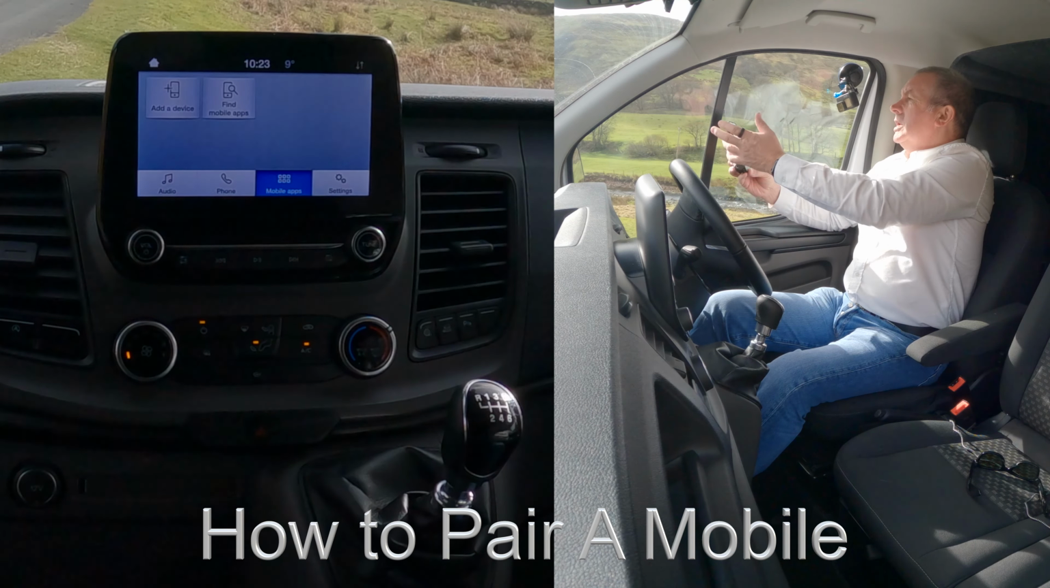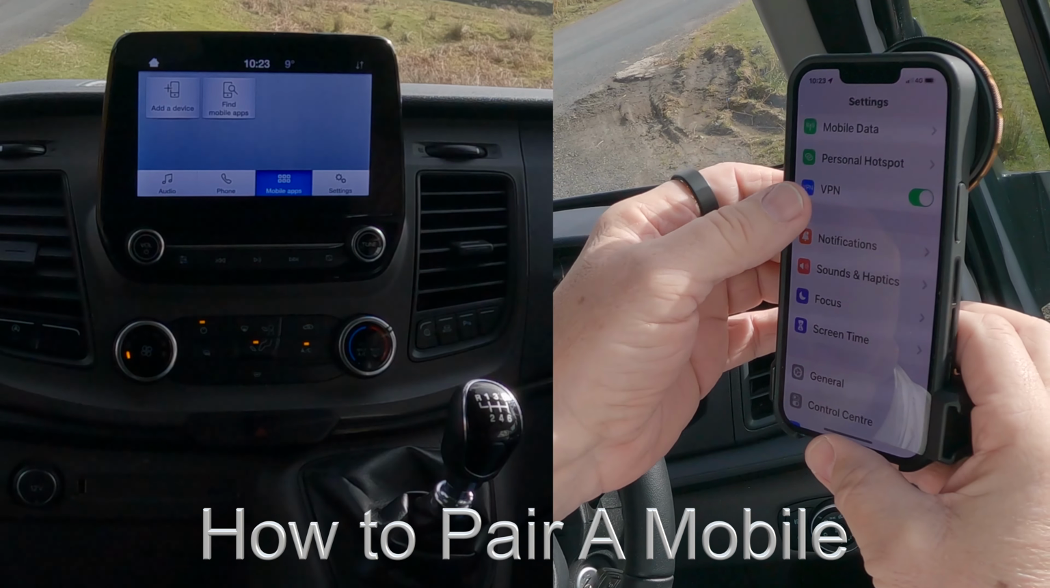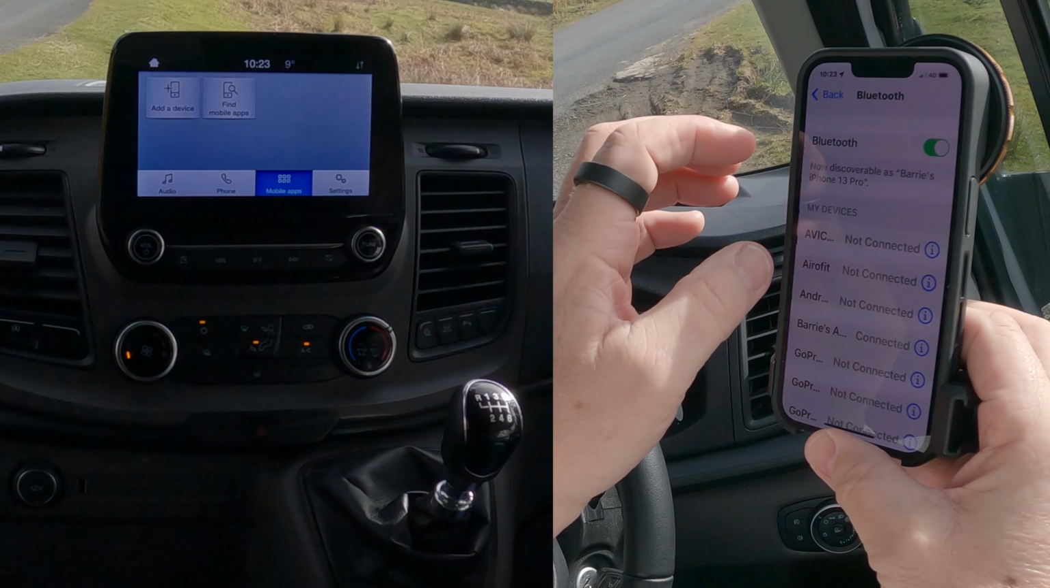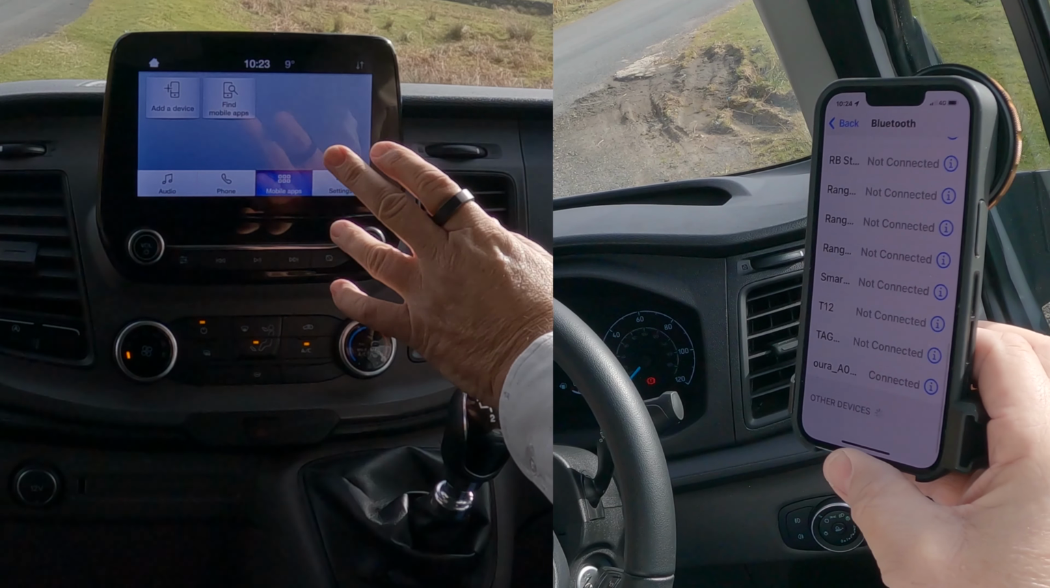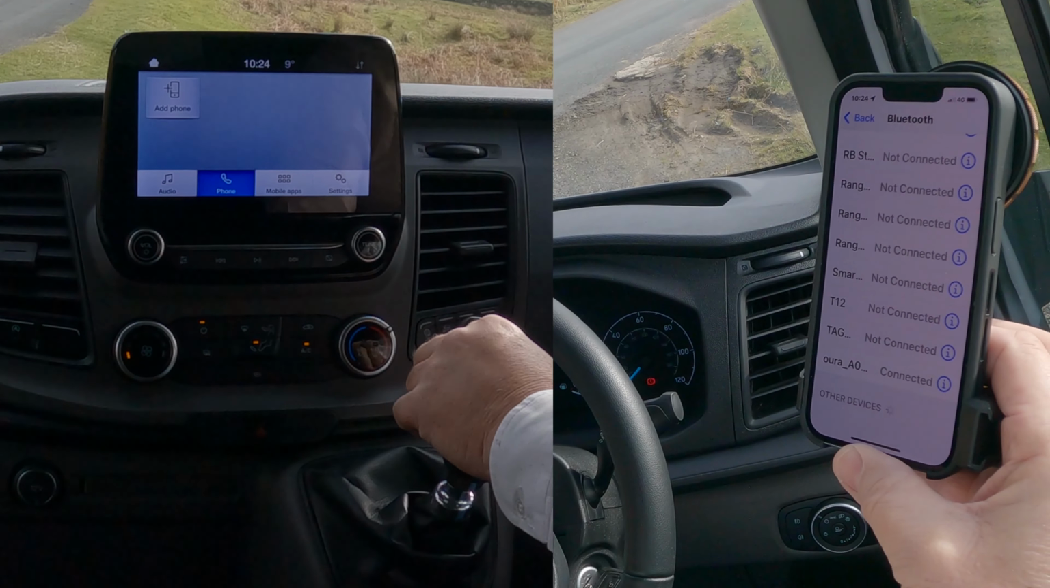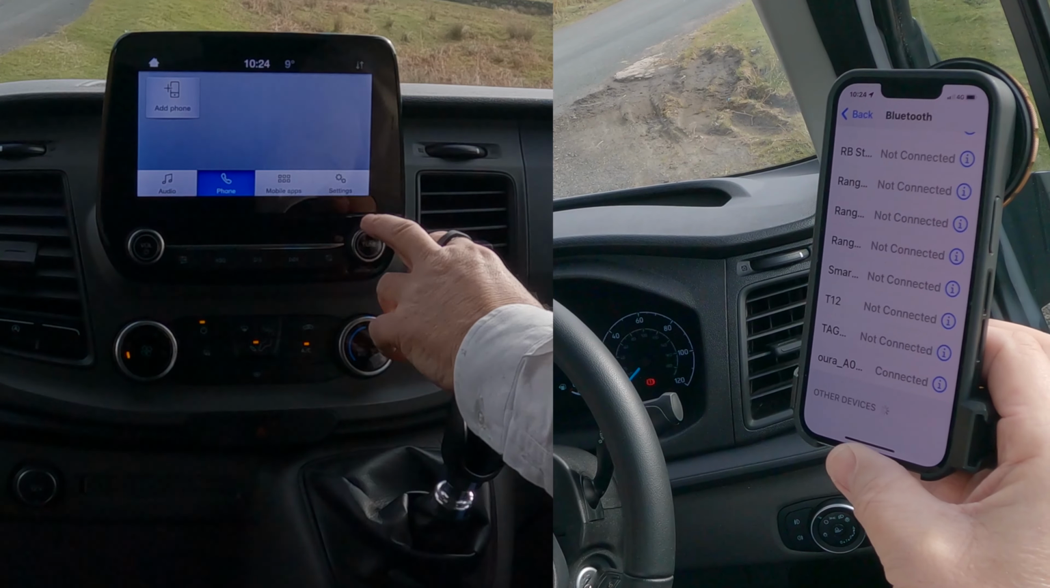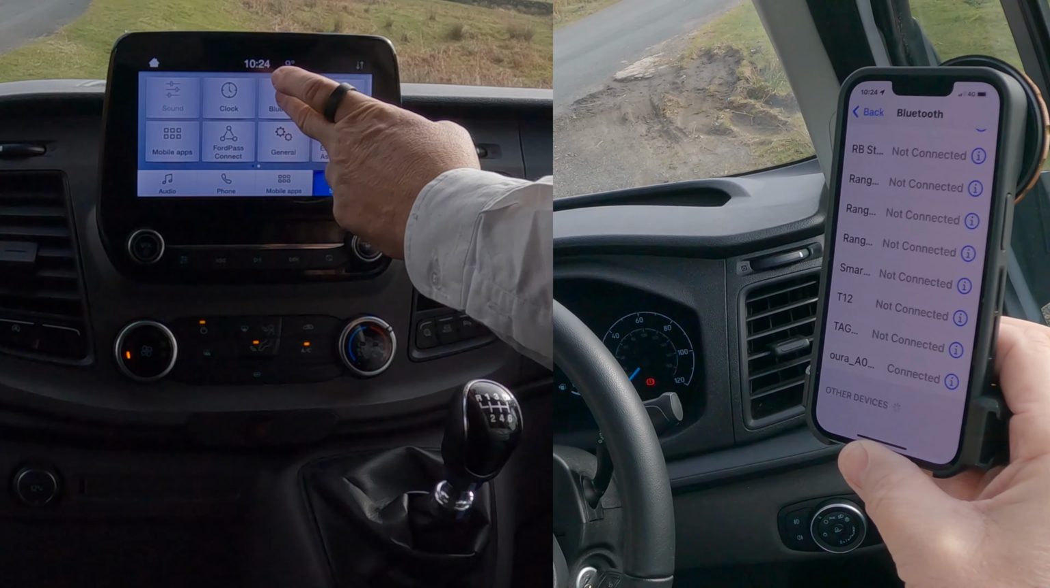Okay, I'll just show you how to pair a mobile to the Bluetooth audio system in this 2021 Ford Transit. First of all, we make sure that Bluetooth is on, like so. It's on, then we're watching out at the bottom. Now you can either go to phone, which is the easiest one there, add phone, or if you go into settings, Bluetooth,